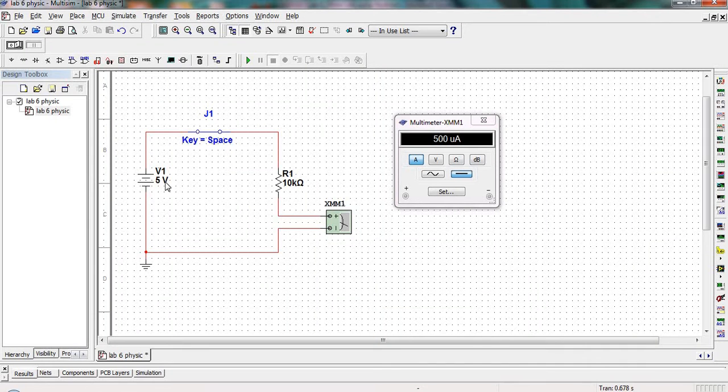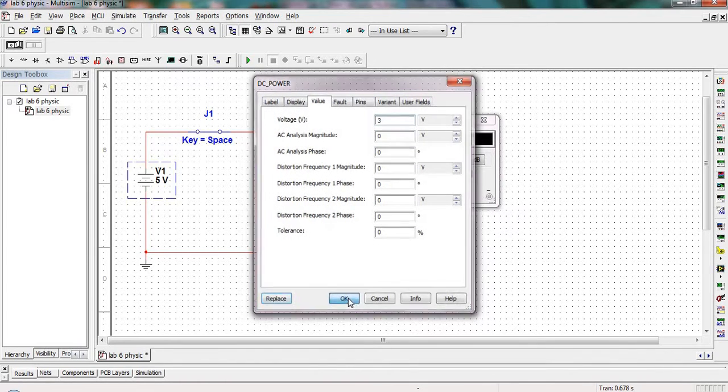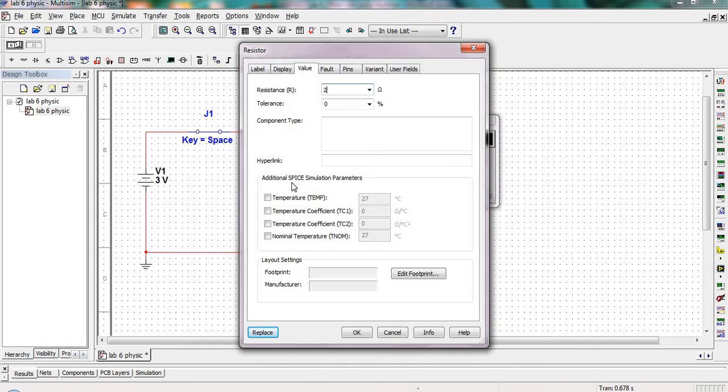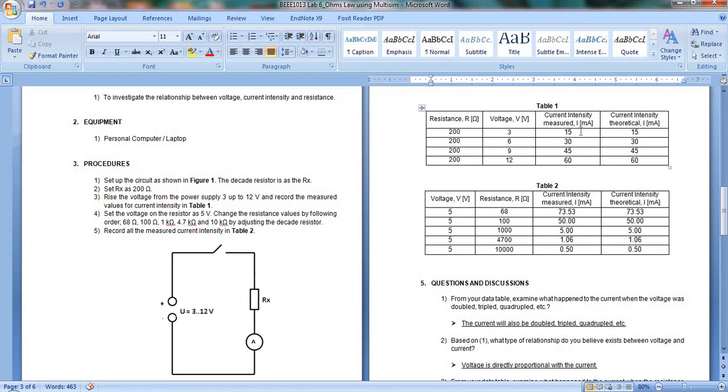So this is how it is done. Change to 5 volt. This is 1200 ohms, and start measuring, and this is the value, and record here,